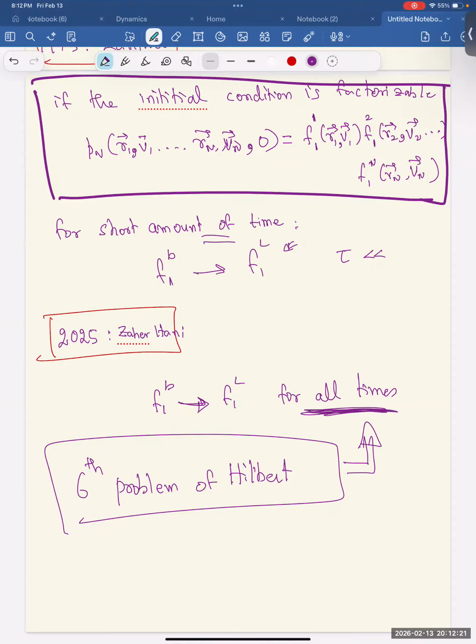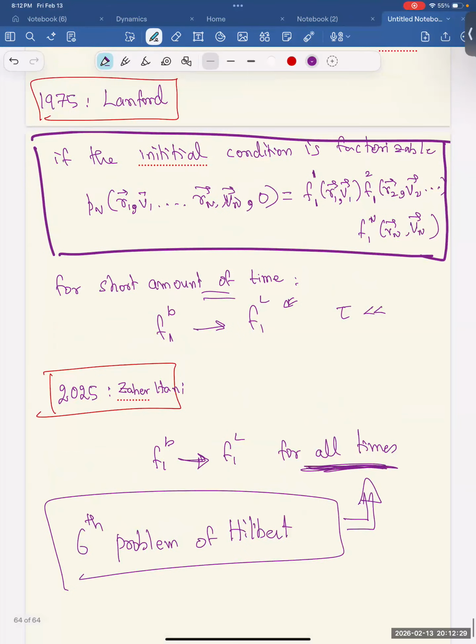Okay, so there are a couple of technical points that I want to talk about. The first one is, how strong is this assumption? I mean, this seems like something that is very restrictive, and I do agree. In the Lanford case, I would say it is very restrictive because, as I said, it is only true for a very short amount of time. So if the initial condition was that, and you can only go less than some mean free time, it's not